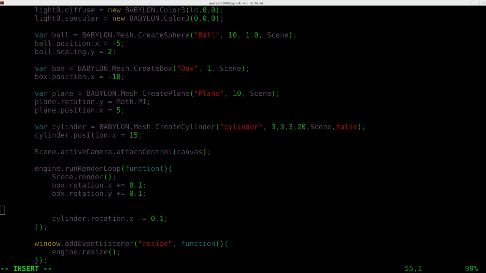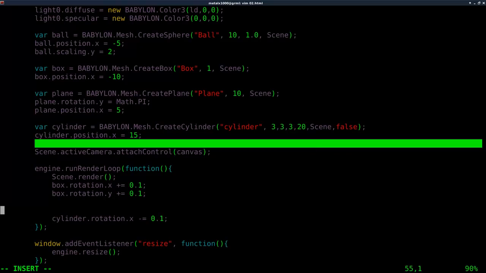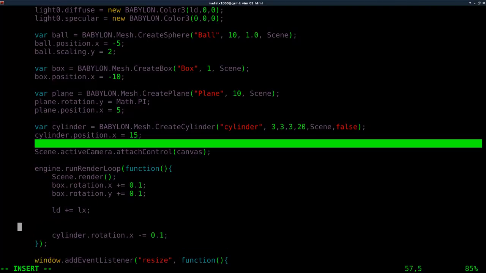And what we're going to do here is create a little bit of an effect. We're going to have the light power go from off to bright red and then back off, a kind of pulsating light. So we're going to take the variable LD that we created, and we're going to say plus equals, so whatever it already equals, we're going to add to it LX, which we created and set to 0.01. And every time the render loops again,